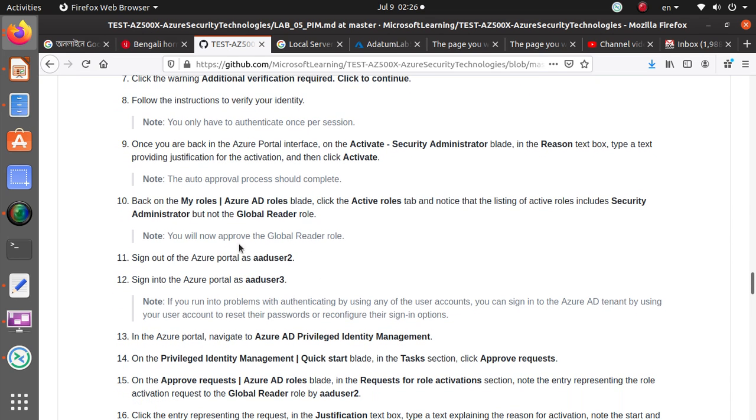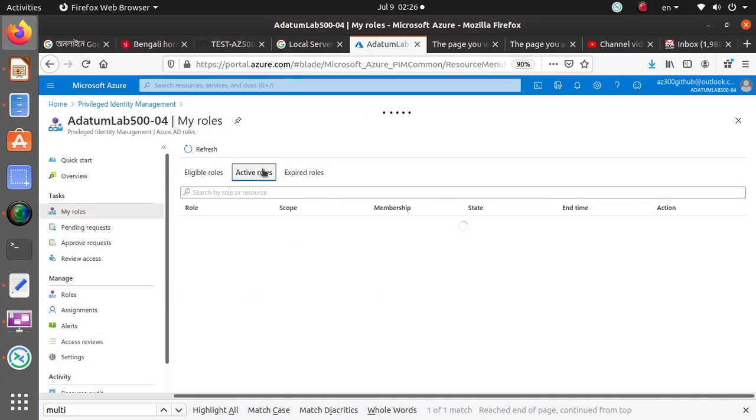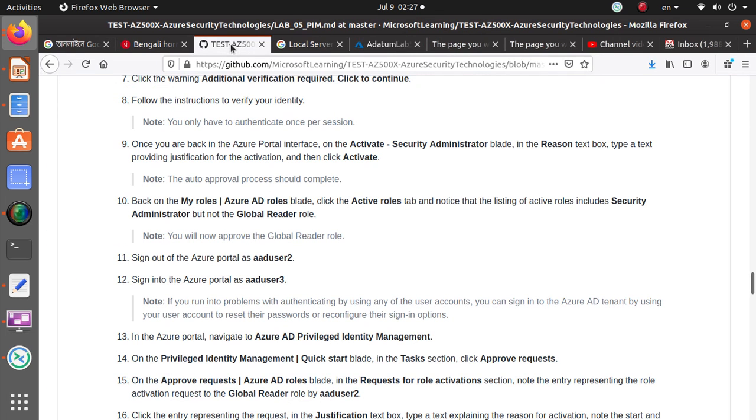Okay, back on my roles, click on the active roles. Notice the listing of the active roles includes security administrator but not the global reader role. We just thought that we would show both roles. No, active roles is this, but the global reader role is not available. This is a little confusing, so stay with me. What it's doing, it's asking